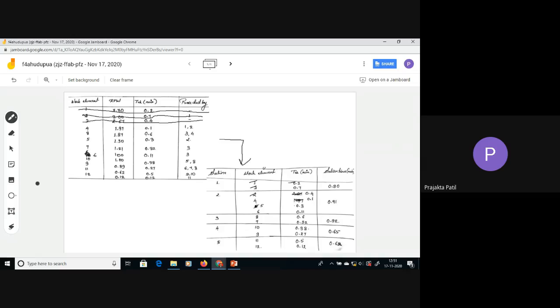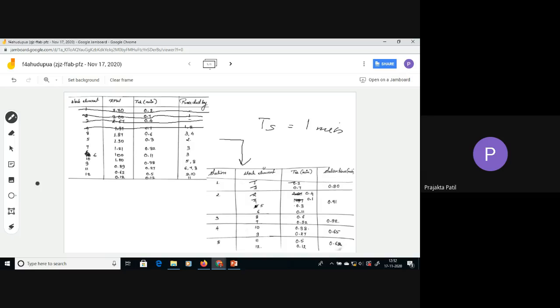Let me again see: 1 allotted, 3 allotted, 2 allotted. What about 4? It is 0.1. Yes, I can. What about precedence? 1 and 2 are taken care of. So I can now allot 4. Here you can see I've allotted 4 with the TK value as 0.1. So the total of 0.4 and 0.1 is 0.5. Still I have scope because I have a limit of the TS value being 1 minute.